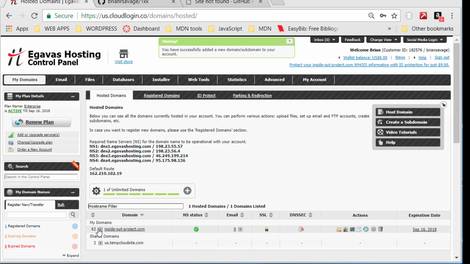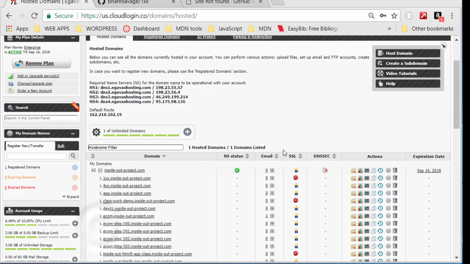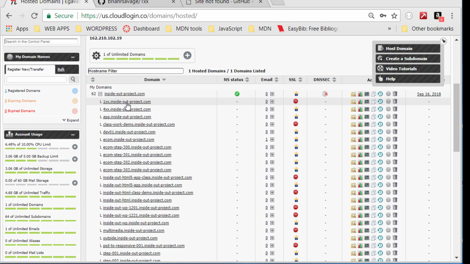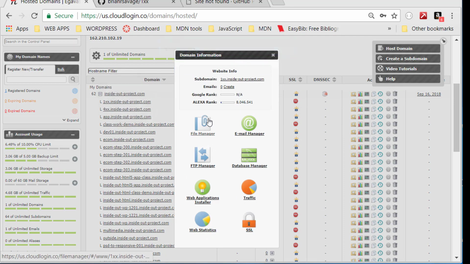At this point, it should have created my subdomain for me, and I should be able to go ahead and expand this. Have a look, and we can see that my subdomain is right there. The next thing we want to do while we're in here, before we go anywhere else, is